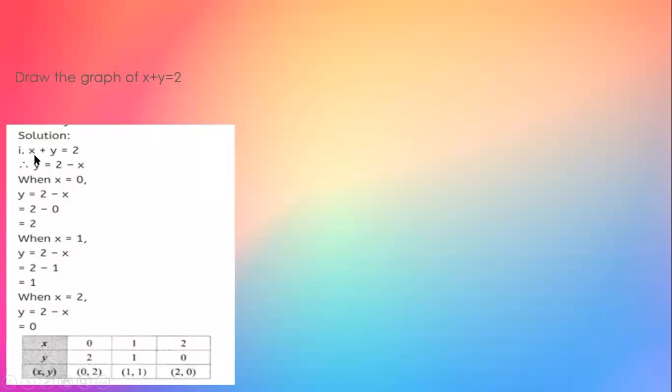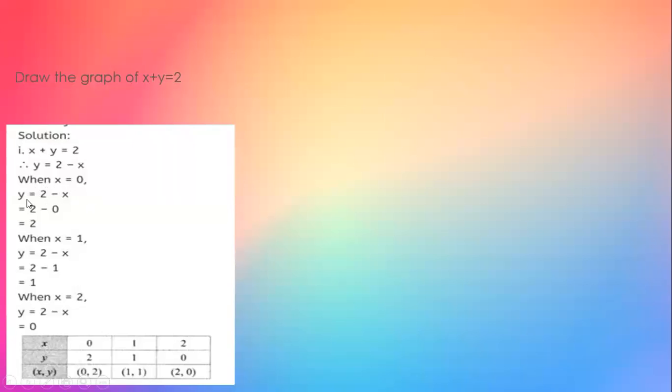So we will move this x from left hand side to the right hand side. When you move this x from left hand side to the right hand side, the sign will get converted. Okay. So here we have plus x. When you move it to the right hand side, it will become minus x. So we will get y is equal to 2 minus x. Now again, we have to assume any value for x so that we can find the corresponding value of y. So let us assume x as 0. So when x is 0, what will be the y coordinate?